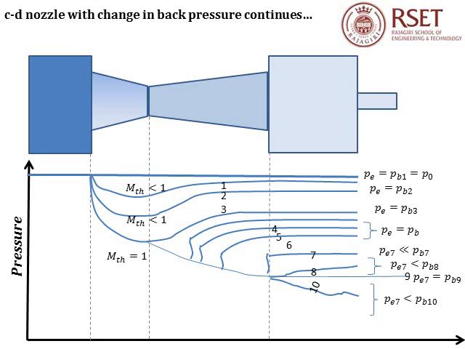When we further reduce the back pressure, we see that the nozzle will again expand the fluid through the same curve, and it will reach an exit plane pressure PE, which is equal to PE7, but outside, the settling chamber pressure has gone down. Here the exit plane pressure is greater than the settling chamber pressure, because of which there is a sudden expansion of fluid just outside the exit of the nozzle. And this, as we discussed in the previous slide, is referred to as under expanded condition of the nozzle.